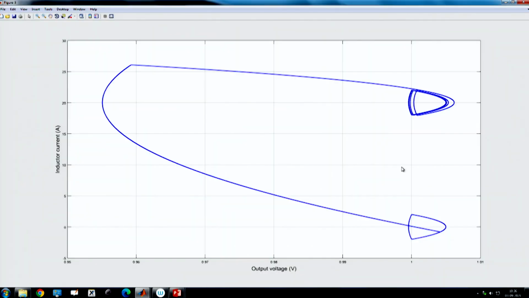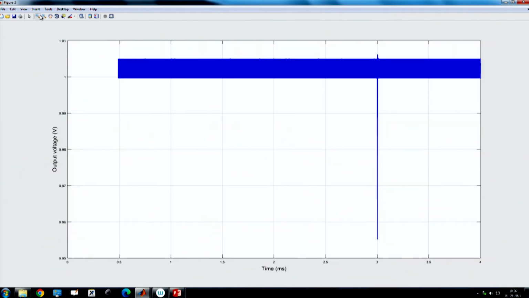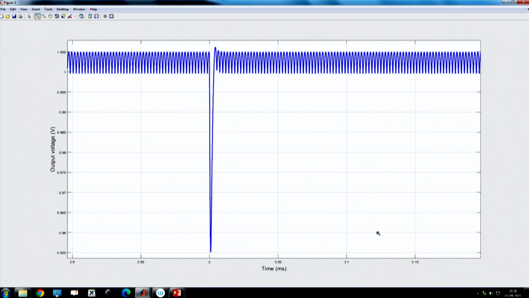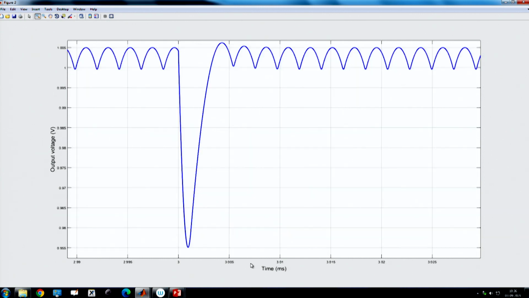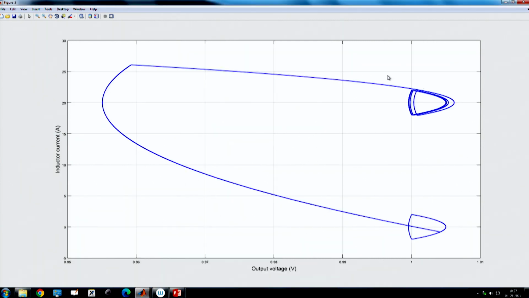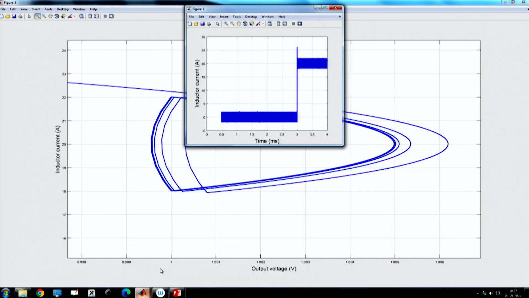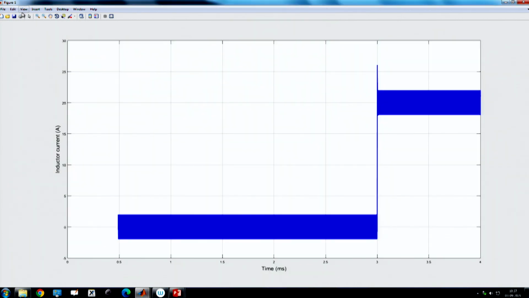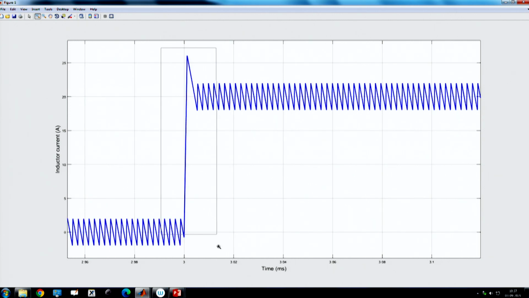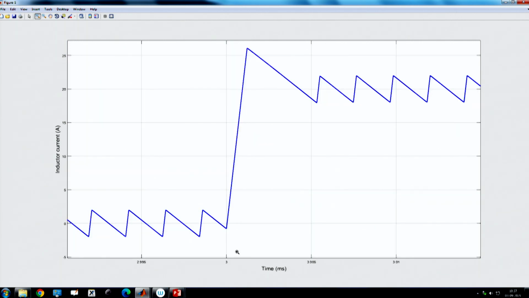It is slowly coming, if you go and check the response, you will find it is slightly overdamped, that means it is not exactly one switching action, it is taking a few more cycles to reach steady state. A small transient is coming here and the response is almost near to the optimal response.